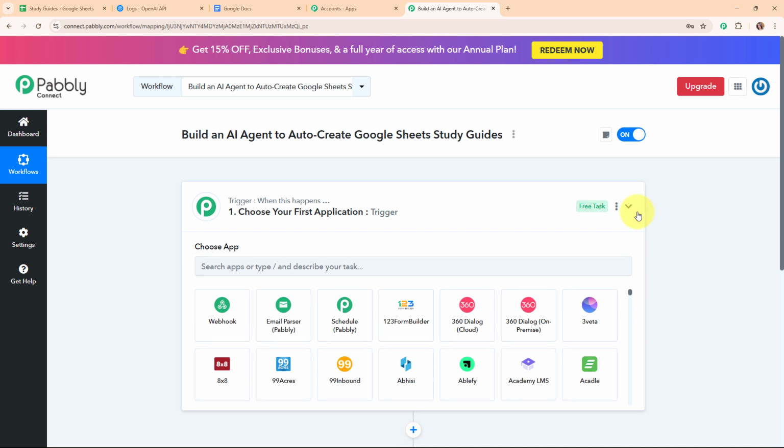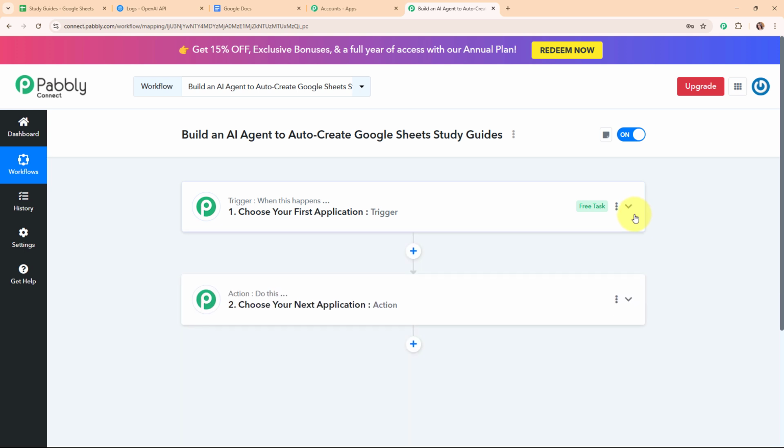Now here in this workflow window, you can see we have successfully created a workflow, and here on my screen you can see the two most important principles of an automation process, that are trigger and action. Where trigger says when this happens and action says do this. That means action is the response towards a trigger. Your automation can have a single trigger but multiple action steps.